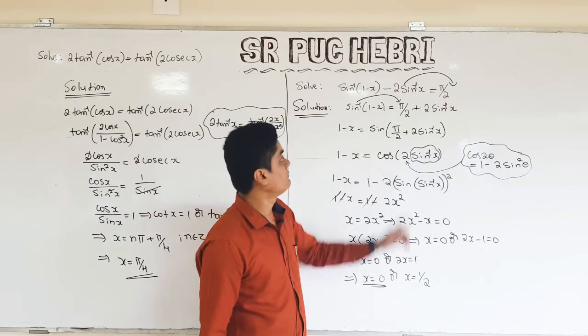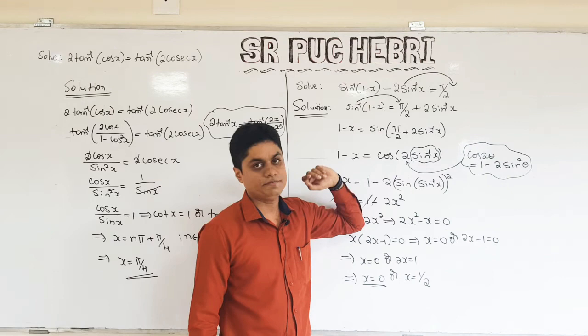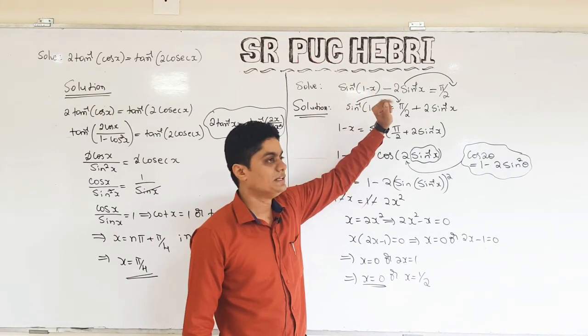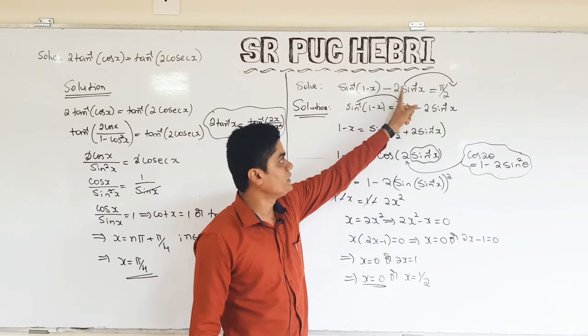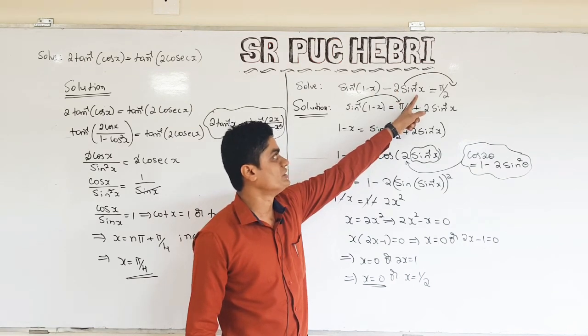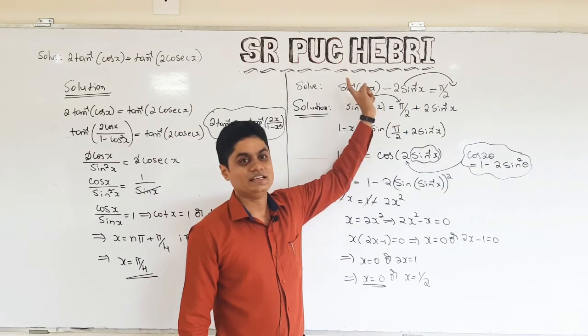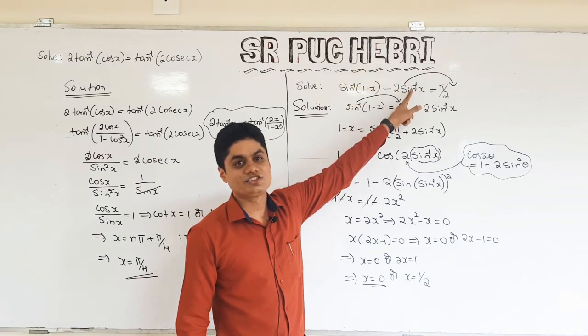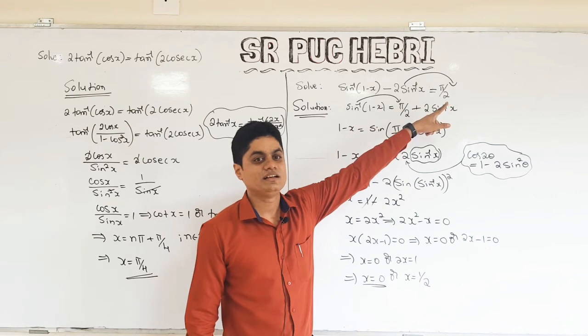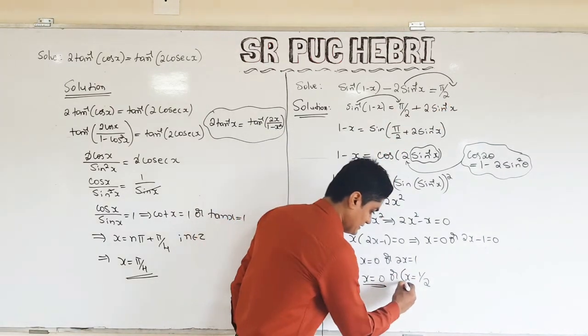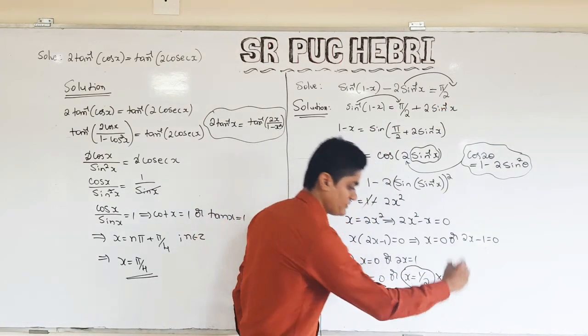Put x equal to half. 1 minus half is half. How much is sin inverse of half? Sin inverse of half is 30 degree. Here 30 degree. 2 into 30 degrees is 60 degree. Observe carefully here. This is 30 degree. This is minus 60 degree. What is the difference? Minus 30 degree. But what is the right hand side? 90 degree. So remember, this does not satisfy.